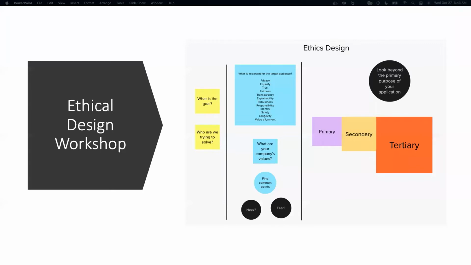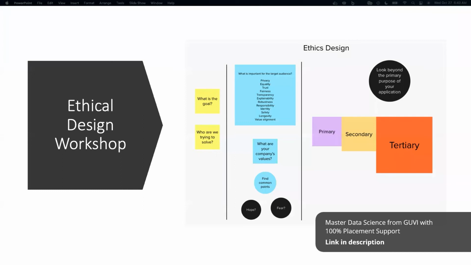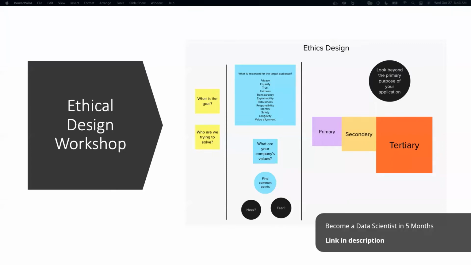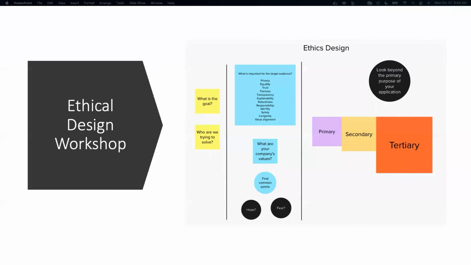Ethical design workshop. Let's take a turn in our methodology and get into an ethical design of the solution. If you are trying to get into the data science field, or if you want to switch your career to data science, or if you are a data scientist yourself, we have over 300 participants here, whichever stage you are in,